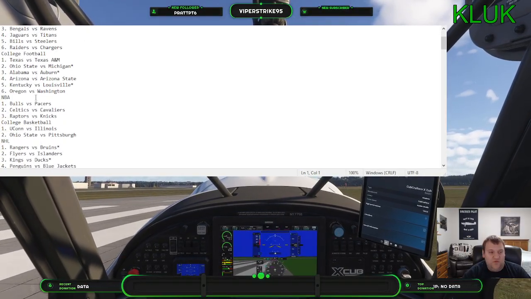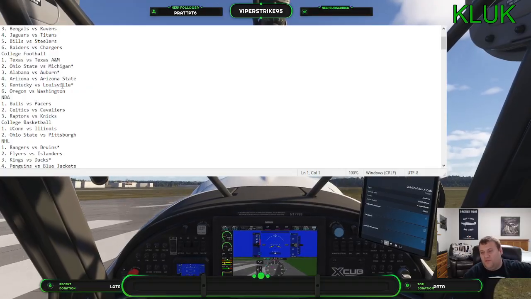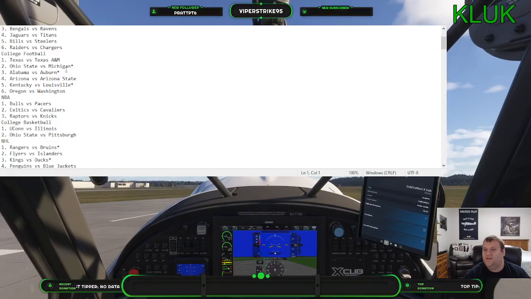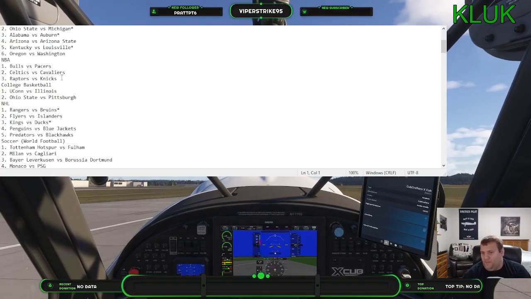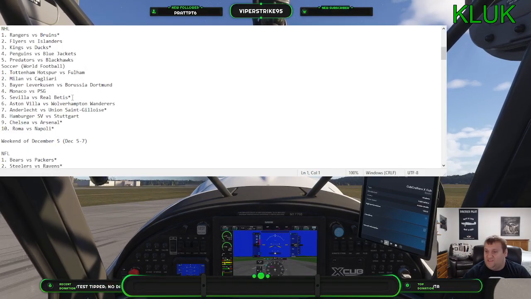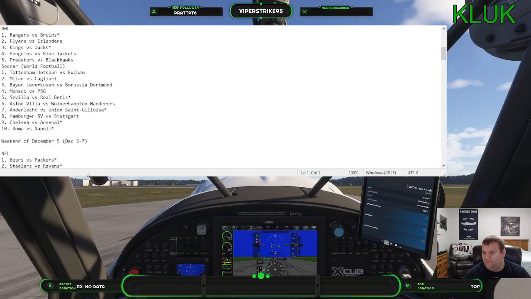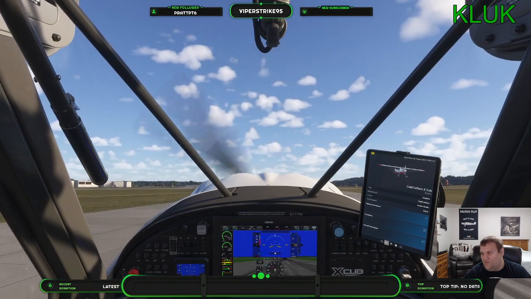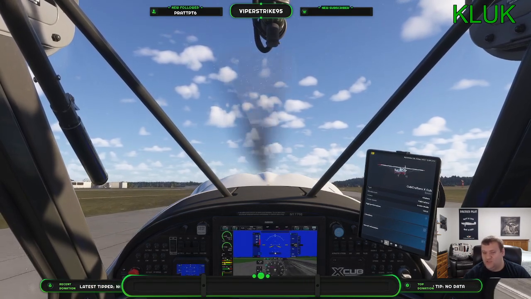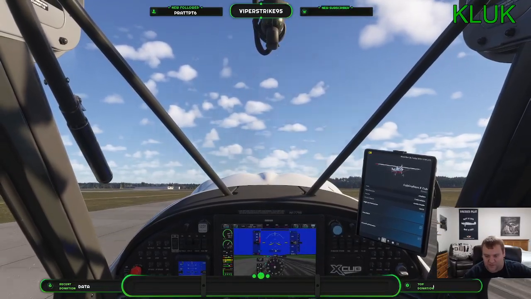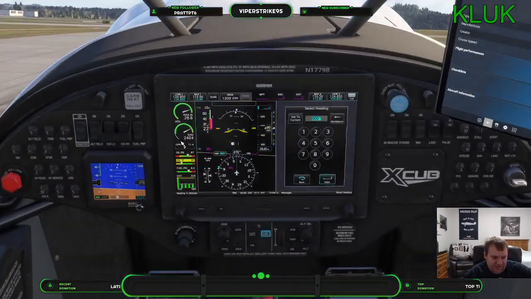But the other game I was really considering was Auburn-Alabama. That's a huge rivalry in the States. Maybe if Auburn was good again, I could have picked that one. And then, of course, in world football, they had the big El Gran Derby, Sevilla and Real Betis. But unfortunately, it's just not a really fair comparison when you have Ohio State and Michigan as your big game this week. So, not really much of a contest, honestly.